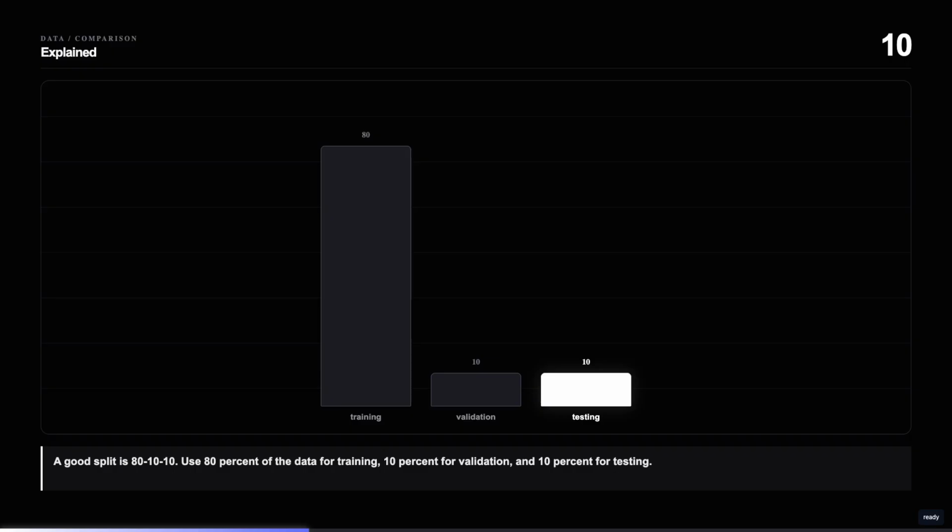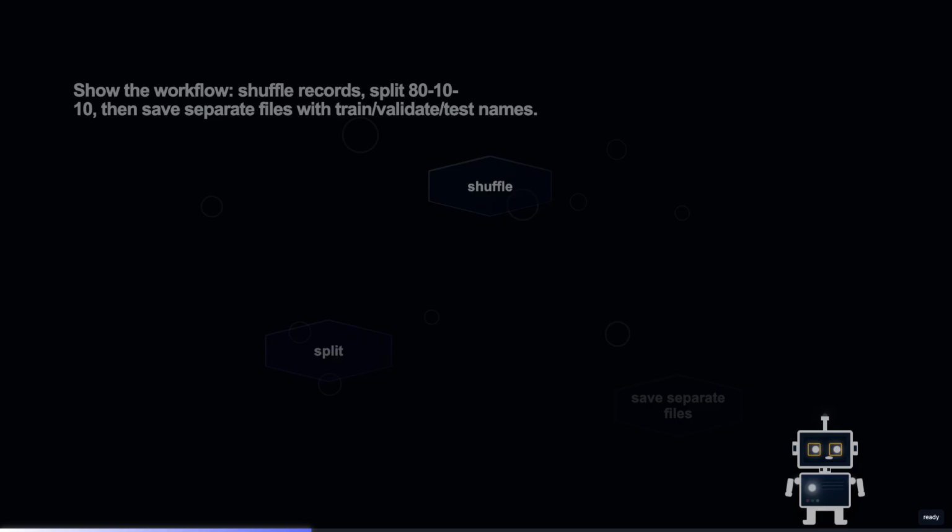For each file, follow the same basic steps. First, shuffle or randomize the records in the files. Next, split the data in each file using the 80/10/10 ratio. Then save the data into separate files, using names that include train, validate, and test, such as train_bank.csv, validate_bank.csv,